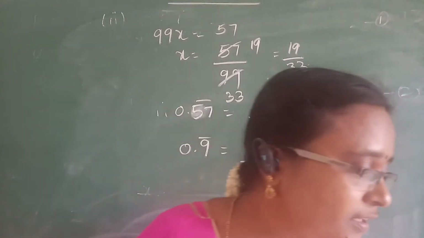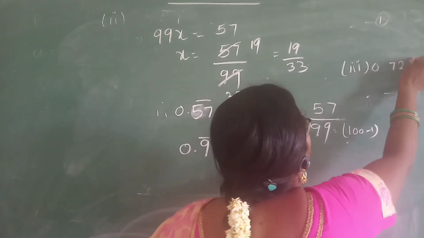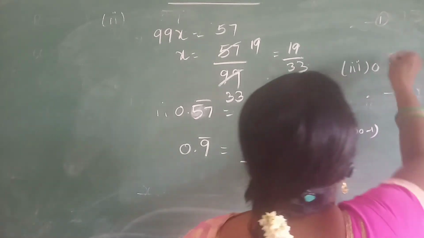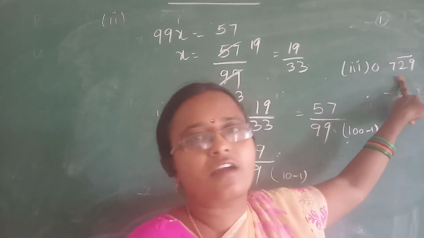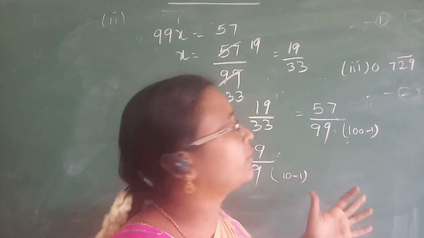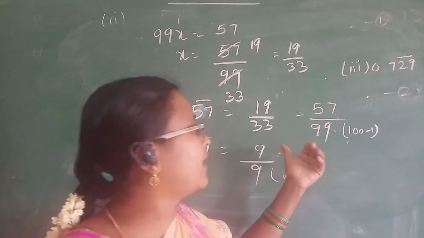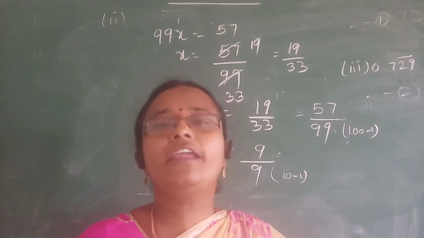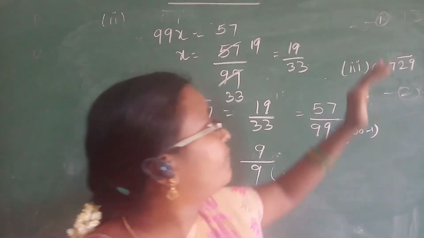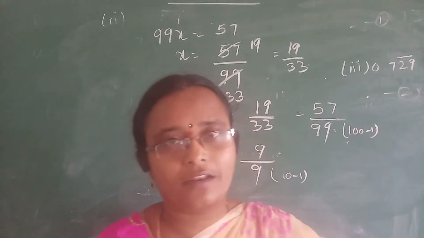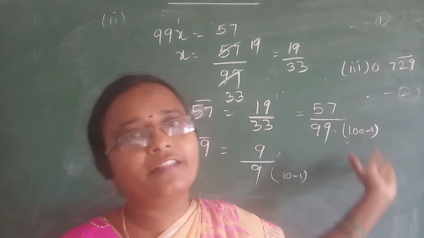And if you observe this third problem, 0.729 bar, here the bar is represented only for 2 digits, not the total digits after the decimal point. For this we cannot write the shortcut like this. If the bar is given for all the digits after the decimal point, we can directly write down the shortcut answer. I think you are very clear about this shortcut also. It will be helpful for your competitive examinations. For this type of problem we have to solve the problem fully, so now I will solve it in full and show what happens in the solution here.